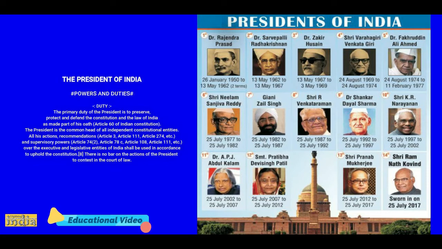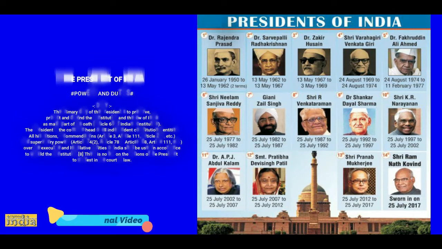Although Article 53 of the Constitution of India states that the President can exercise his powers directly or by subordinate authority, with few exceptions, all of the executive powers vested in the President are, in practice, exercised by the Prime Minister with the help of the Council of Ministers. The President is bound by the Constitution to act on the advice of the Prime Minister and Cabinet as long as the advice is not violating the Constitution.